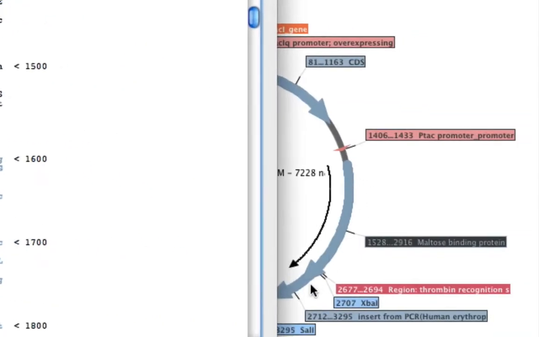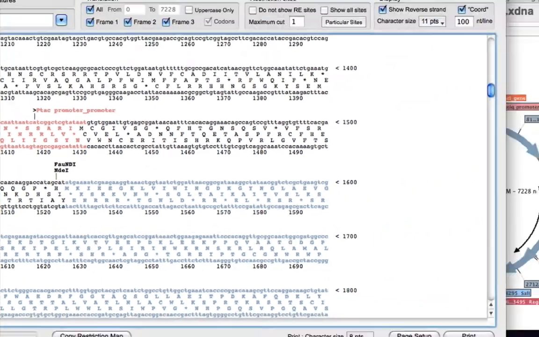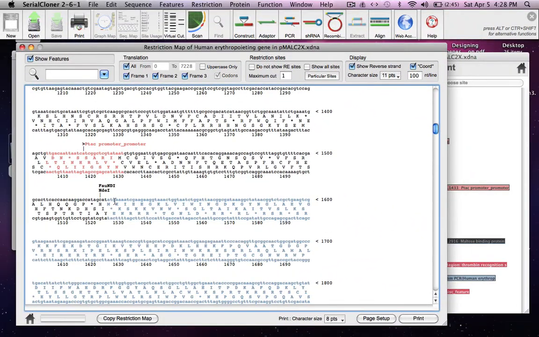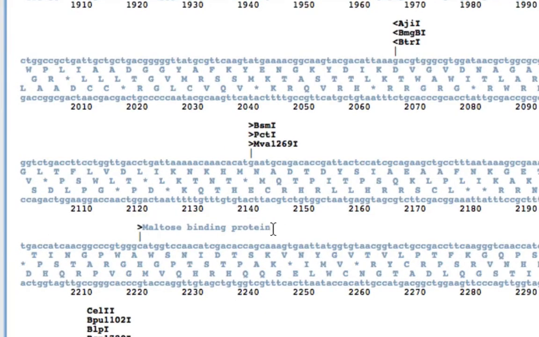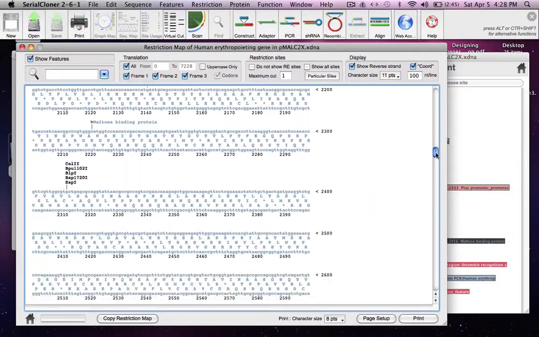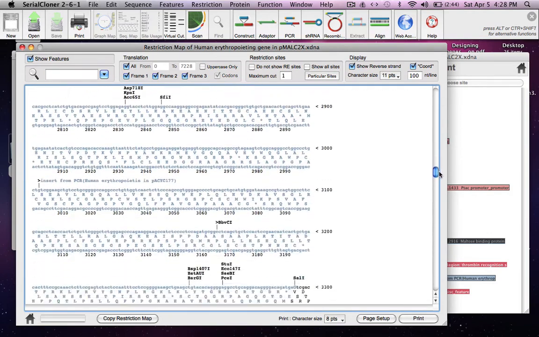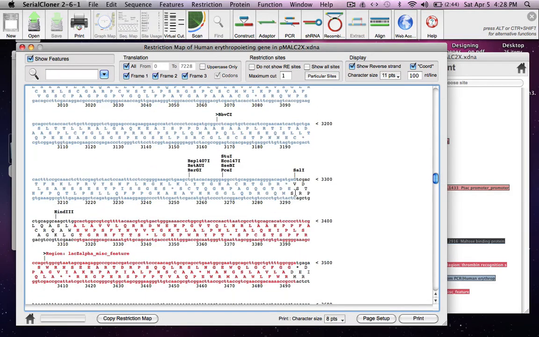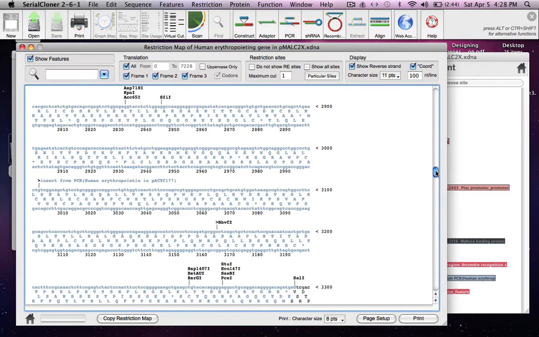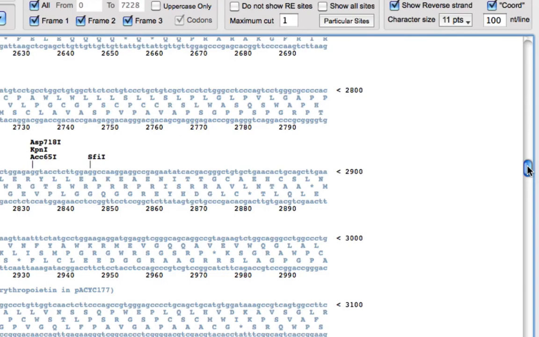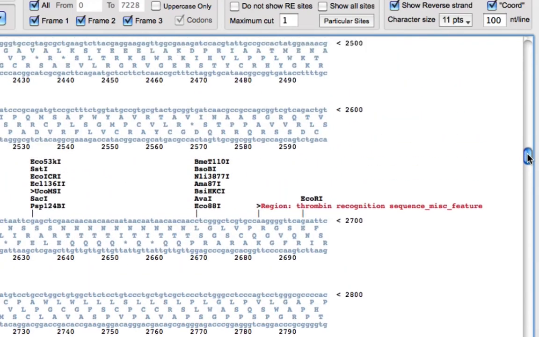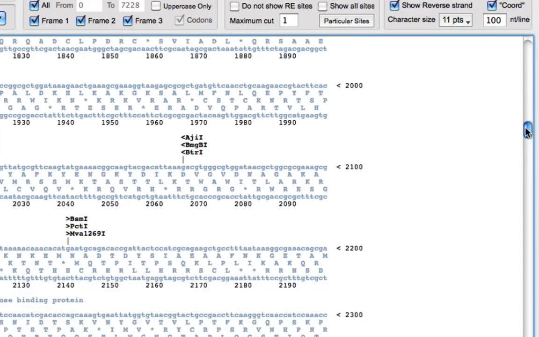Downstream of the PTAG promoter we have maltose binding protein. There it is. If you go down, you can see the annotation maltose binding protein, and downstream of that you have the thrombin recognition sequence also there.